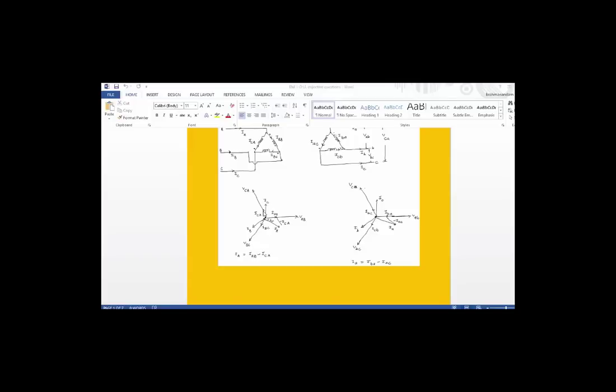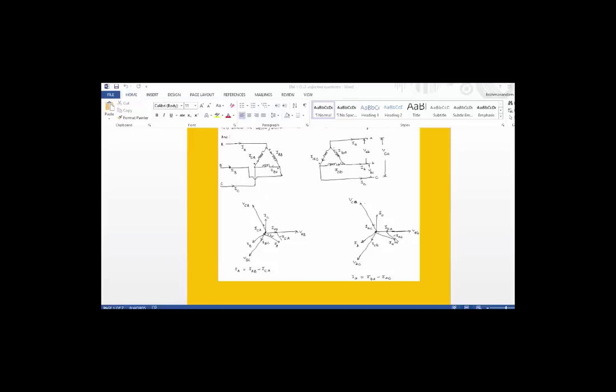So extend that parallel and add negatively to the IAB vector so that this line indicates IA. Similarly IB we get, similarly IC also we get. In all these cases we assume that voltages or vectors are rotating in the anti-clockwise direction. So the currents, line currents, are lagging the respective line voltages like this: IA, IB and IC.